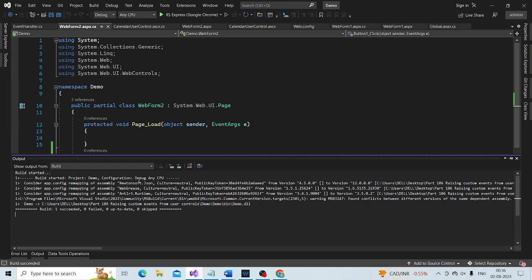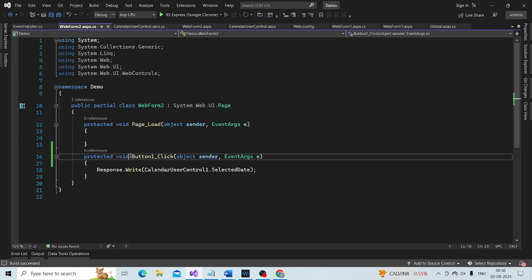So if I click this button, that event handler method, button1_Click, is called, and then it is printing the selected date.